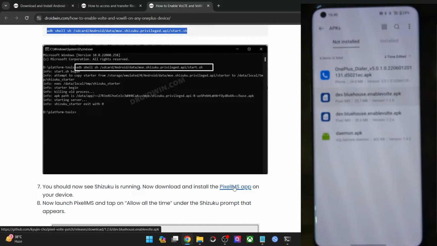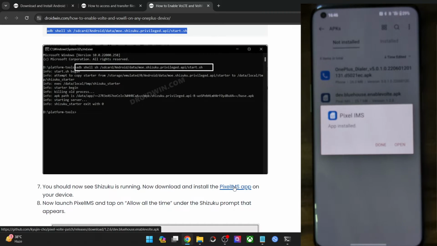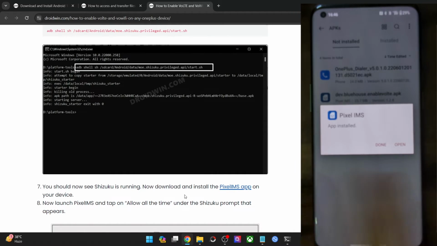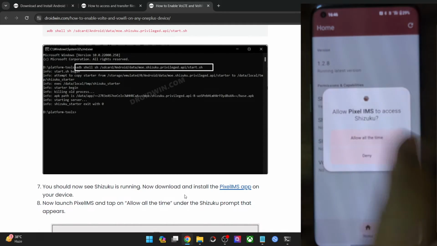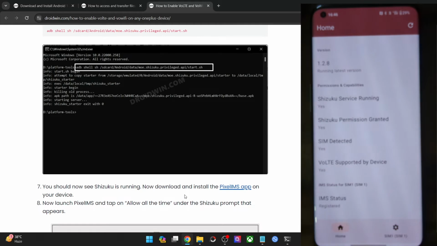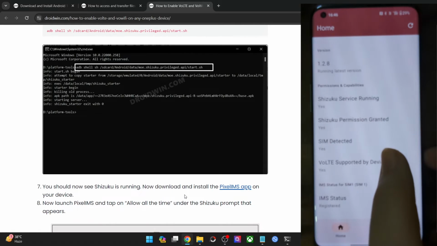The latest version is 1.2.8, and this is the version which I have given in my guide as well. So install the app and tap on open. Now you will get a prompt, allow Pixel IMS to access Shizuku. Tap on allow all the time. And now make sure that you are getting the SIM detected and Shizuku permission granted and VoLTE is supported by